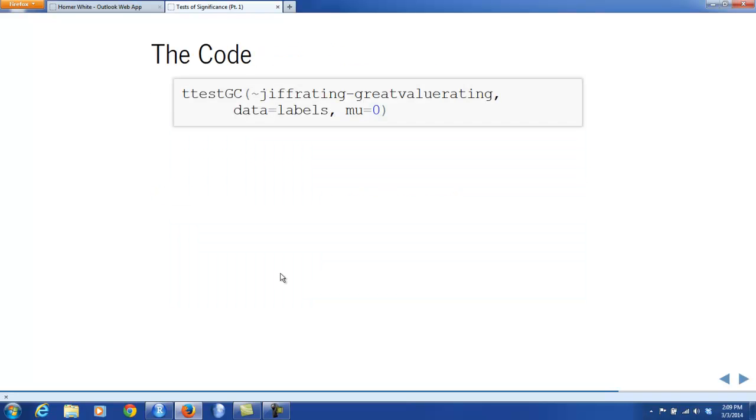Here's how t-test GC works for a mean of differences. If the 2 numerical measurements are both present in a data frame, as it is in the case with the labels data frame, then your formula data input looks like this. A twiddle first to just signal the presence of a formula, and then the name of the variable that represents your first rating, then a minus sign, and then the name of the second of the 2 numerical variables. So that little subtraction that's indicated here sets up the paired differences that are the subject of your interest. You also, of course, need to specify the data frame, and you need to specify the null hypothesis. We don't need to say anything about the alternative because by default that's 2-sided, and we do plan a 2-sided